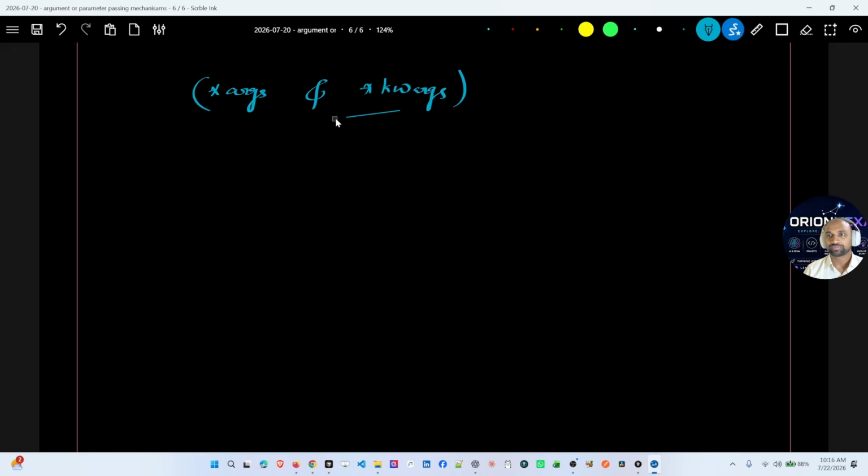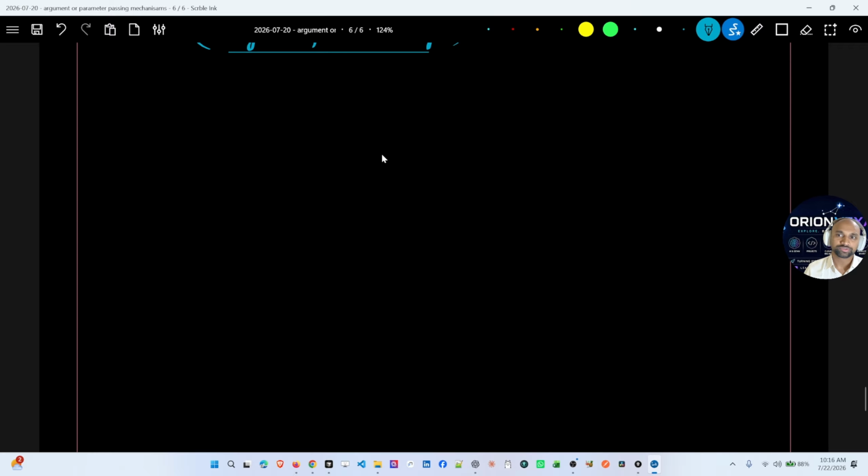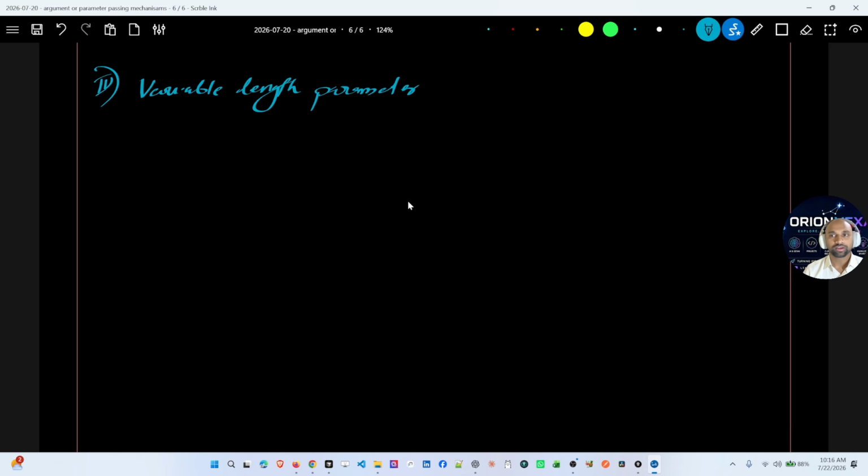Suppose there is a situation. The first thing we are going to see today is the fourth one, this variable length parameter. Let's see the variable length parameter. Suppose I have a function, define function add, and I have to give the parameters, and c equal to x plus y plus z, whatever it may be. Or I can just give some function called add